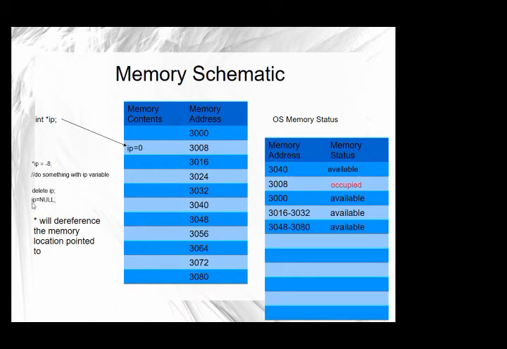A lot of times it's good practice to assign your variables, once you delete them, to the special null value. Null value is nothing more than 0, really. You can see that here. And it's more of a flag. I don't want you to think of it as IP actually pointing to memory location 0. I want you to think of it as a flag that means it isn't pointing to anything,